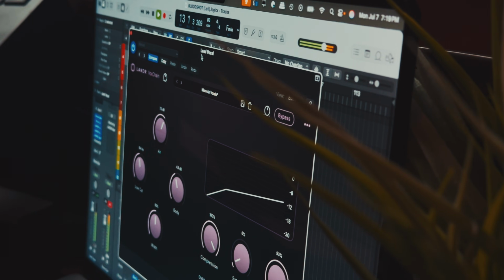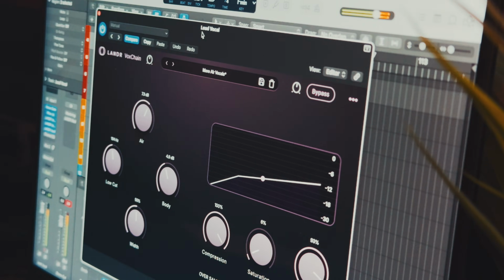And you might see terms on here like body, air, low cut, width, and you're thinking to yourself, what does that even mean? So this is what I love. Instead of naming a knob 10 kilohertz shelving EQ, they call it air. You want brightness, you turn up air. You want fullness, you turn up body. It's so much easier to understand. When you think of the body of something, you think of heft. You know, our bodies have all these extremities, but there's a core to us. The same can be applied to our vocals.